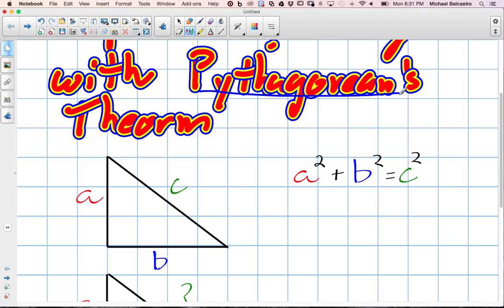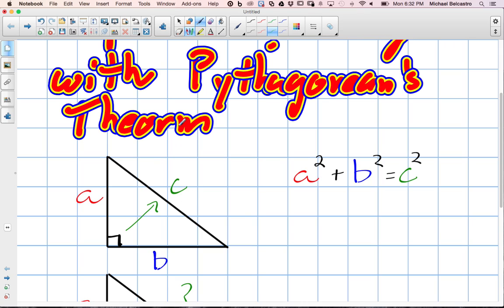What Pythagorean's theorem is, is a relationship between what they call the legs of the triangle, and the longest side, which is known as the hypotenuse. So this is a right angle triangle. Have you guys done angles yet? Yeah. So this is the right angle. The hypotenuse is always opposite of the right angle. They call that side C. The legs, A and B, are interchangeable. You can call whatever you want A and whatever you want B, but the hypotenuse has to be called C